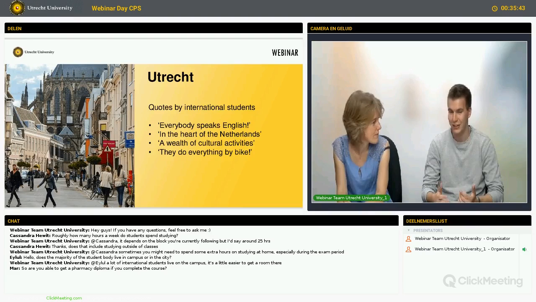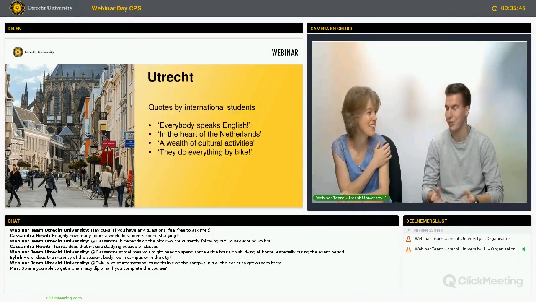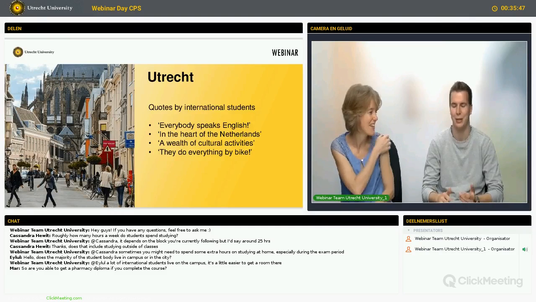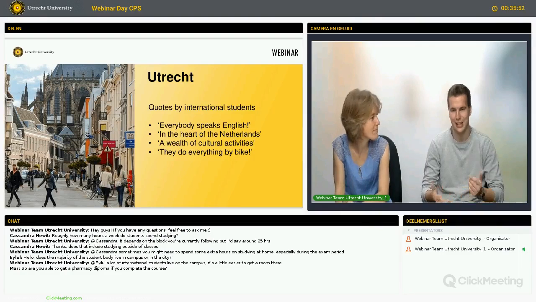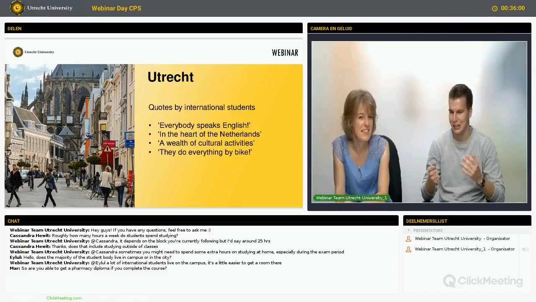You're in the perfect location in the Netherlands as well. It's described as the heart of the country, and you can see why when Amsterdam is half an hour away. The beach is half an hour away. You can get anywhere in Europe from here as well. So there's trains to Paris, to Berlin. Yeah, it's really a well-connected city as well.